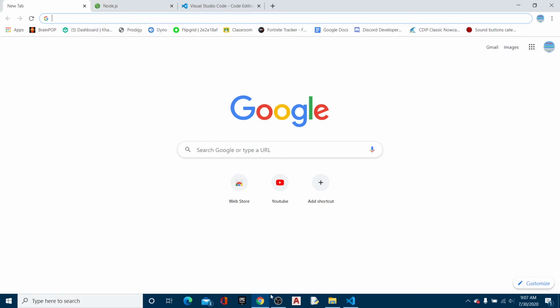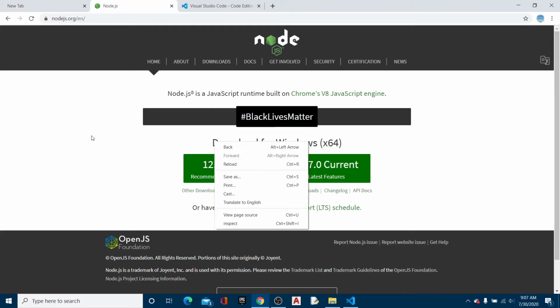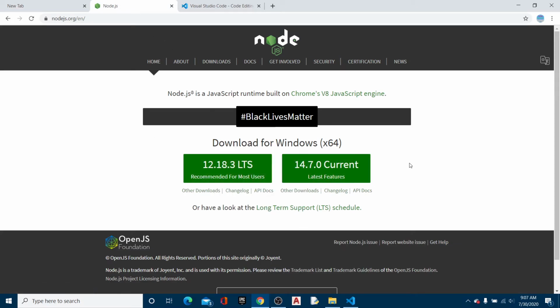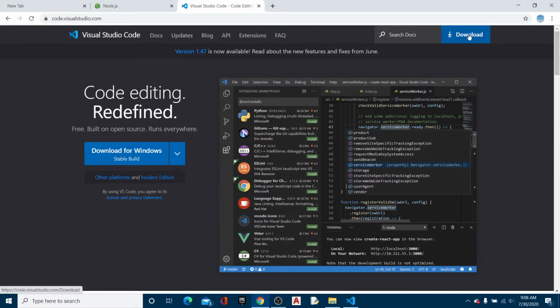Take the first link in the description and it will take you to Node.js. This is where you're going to download Node.js, which is essentially going to help you edit your code. I downloaded the current version with the latest features, but just download that and then take the second link in the description and it will take you to the Visual Studio Code download. Click download for Windows. I've already downloaded both of these, so I'm not going to click them. So once you have these two downloaded,